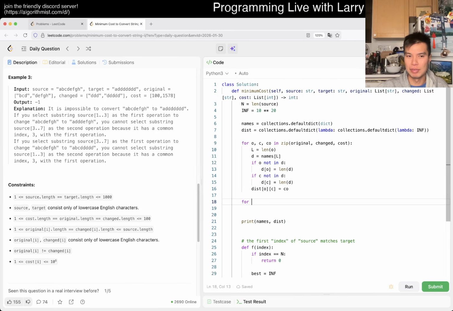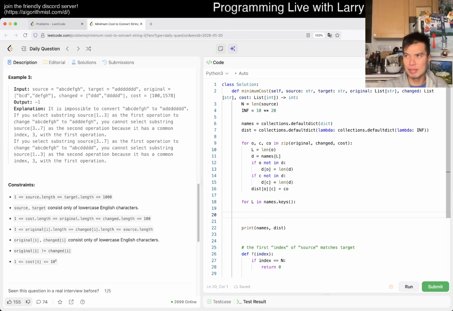So then for L in names dot keys, right? Yeah, names dot keys. Then now we want to do for K in names of L dot